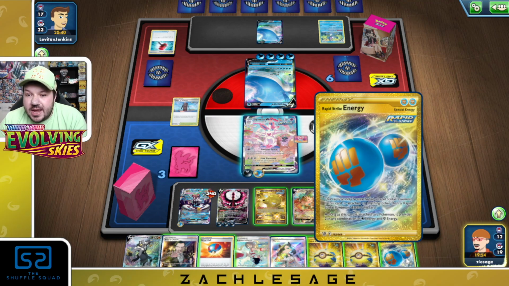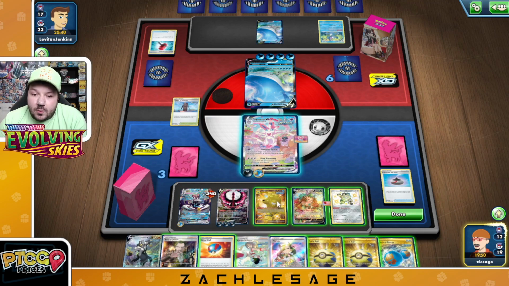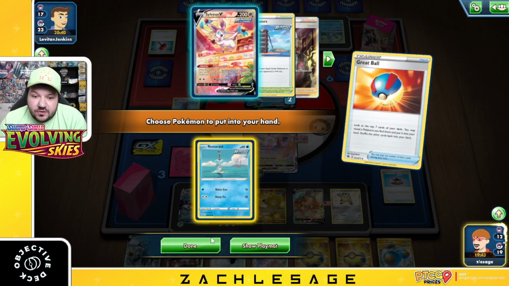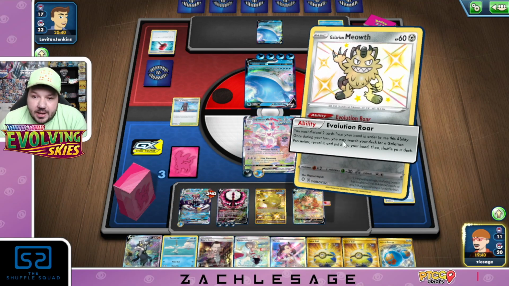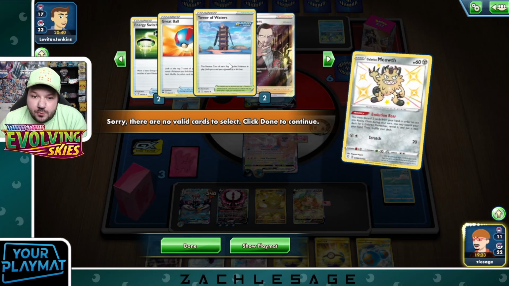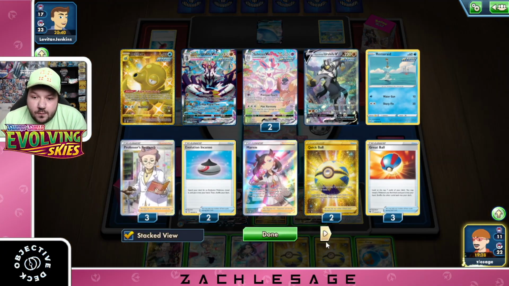I mean, do I care about the Rapid Strike energy leaving? I might. We can always search it back with Octillery if we miss it. So let's actually try to thin our hand a little bit. So let's grab some useless junk out of here that we are not going to use ever again. Goodbye, cards. We don't want to see those. I also don't want to go too in-depth. We also have access to just normal energies. So let's go ahead and go for